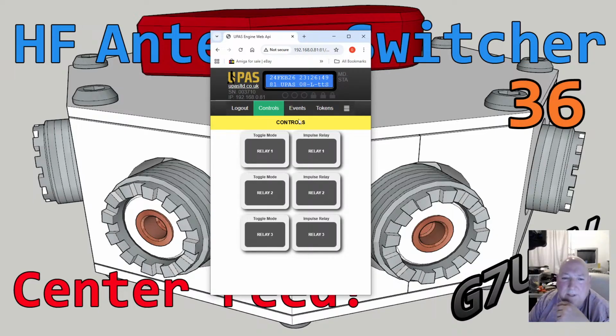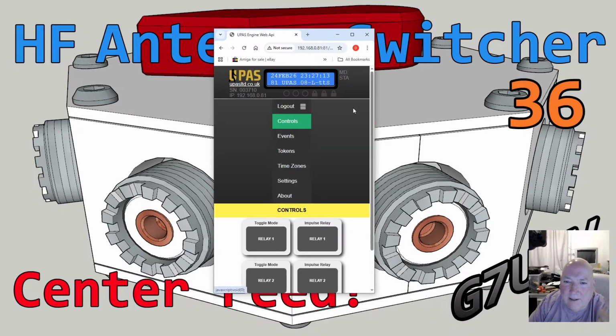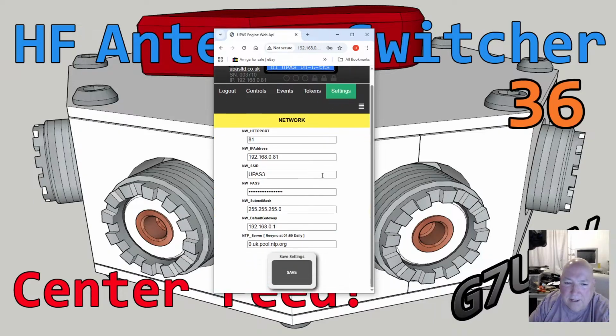But what we could do is get rid of this page here and put a pictorial plan view of the switcher, and you just click your button, whichever one you want to go to. It'll send you straight to it instead of you pressing the button here. But also you could control it with a web interface. And you've got your network settings and everything built in here, so you can join your network, set your NTP clock. I mean, it does more stuff than you need.